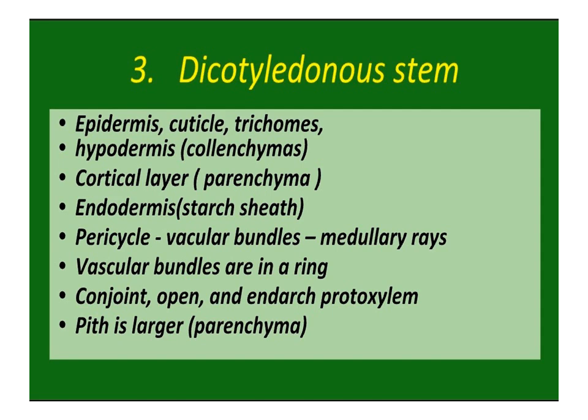Vascular bundles are many and are arranged in the form of a ring. Each bundle is conjoint and open, with intrafascicular cambium. Protoxylem is endarch. Medullary rays are a few layers of radially placed parenchymatous cells between the vascular bundles. Pith is composed of parenchymatous cells and occupies the central portion of the stem.